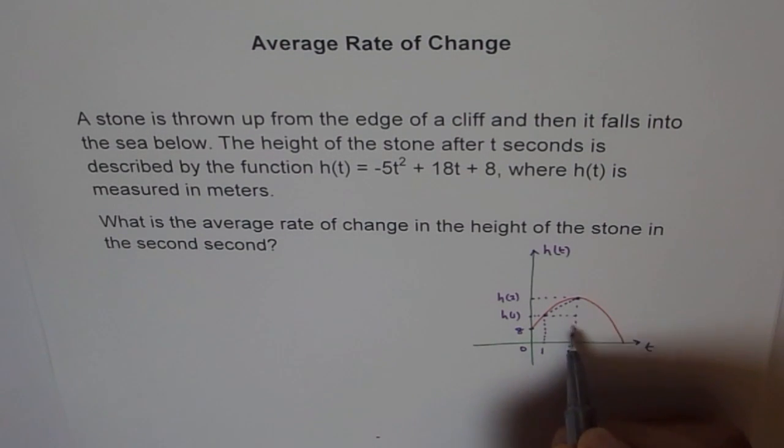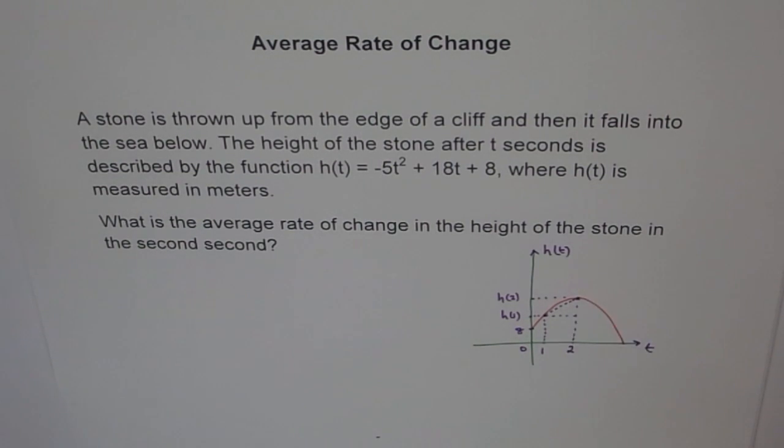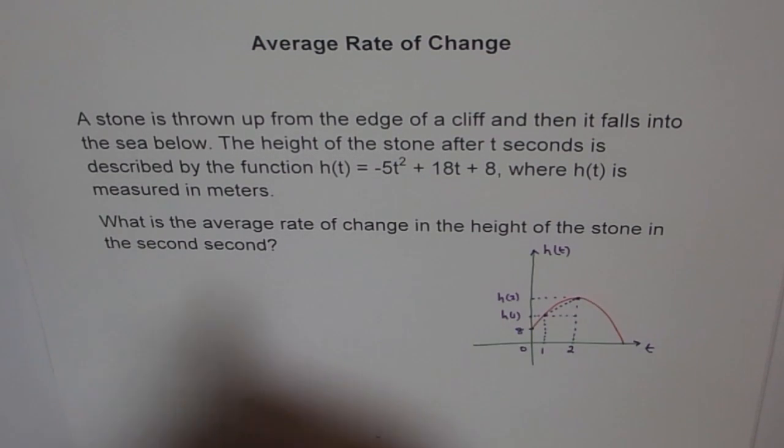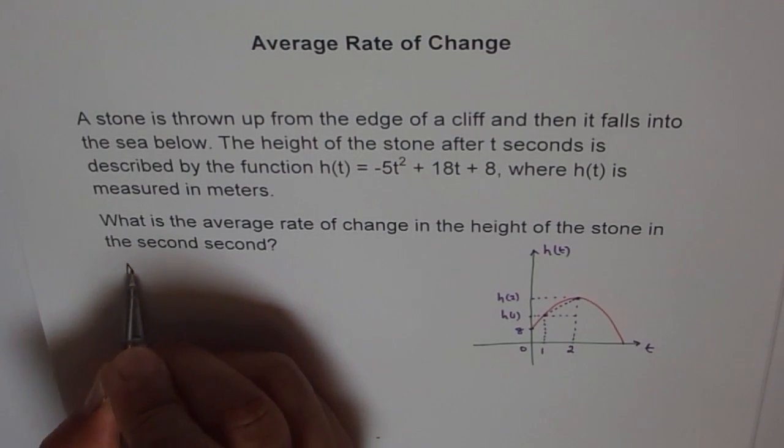That gives us the average rate of change, the slope of this secant which we have drawn between the 2 points on the curve. So I hope you understand the situation and you can visualize what the problem is and what we are trying to do here. So we say, let the average rate of change be